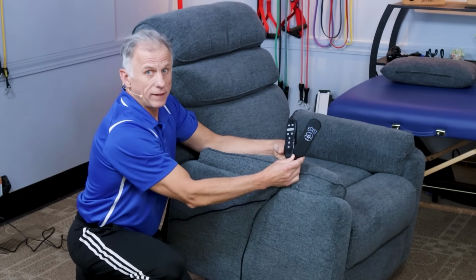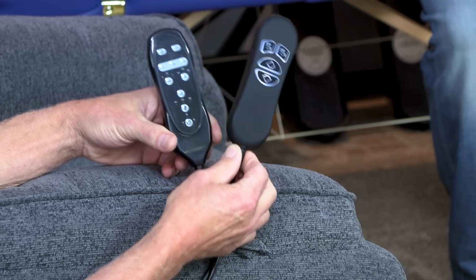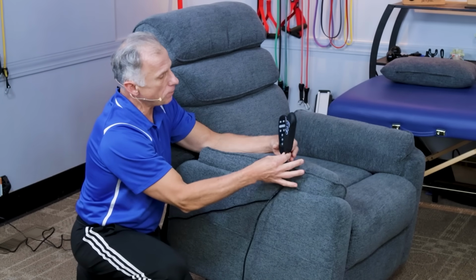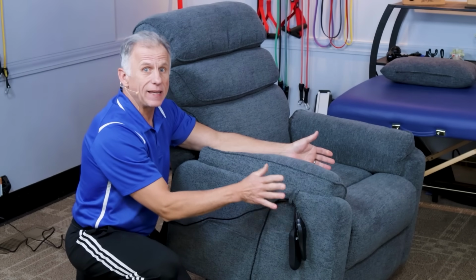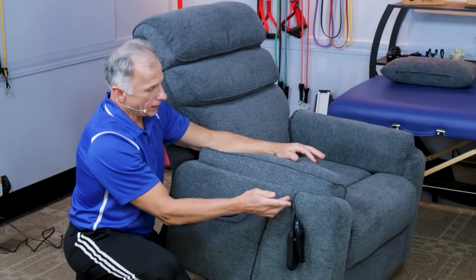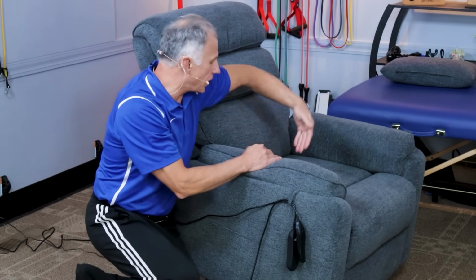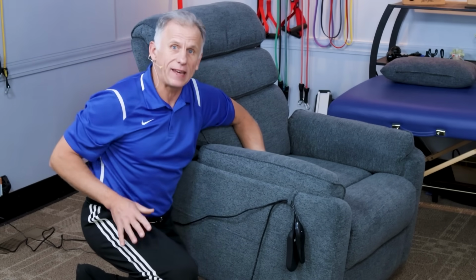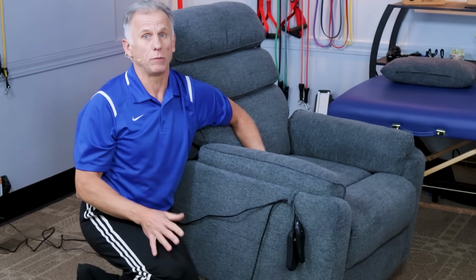Now, one little thing that for me is a big thing is they have a place to store the handheld remotes. There's a loop here, and you can drop them there, and they're easily accessible. I can guarantee you that there are people that will drop these if they don't have that, and it'll be on the floor. They will not be able to reach it, or it gets tucked down in here, and they can't find it. I know that's a situation with my mother,